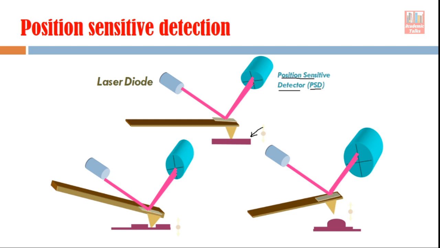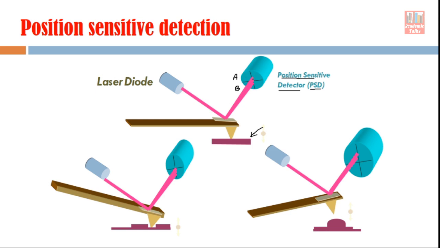There are two lines here, one vertical line and one horizontal line. So this detector can be considered a four quadrant detector. This is A, this is B, C and D. But as far as the discussion about AFM is concerned, we can consider it in two parts, one part is the upper half and one part is the lower half. Suppose the upper half is A, and the lower half is B.